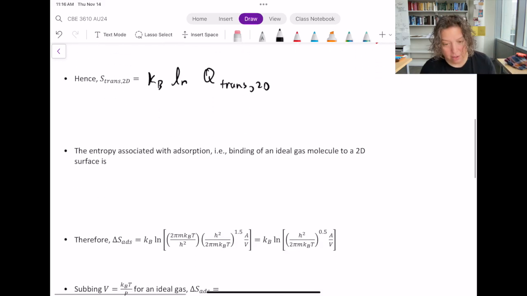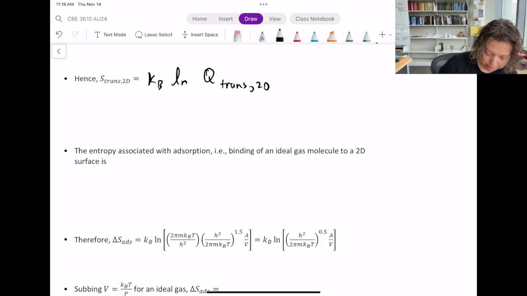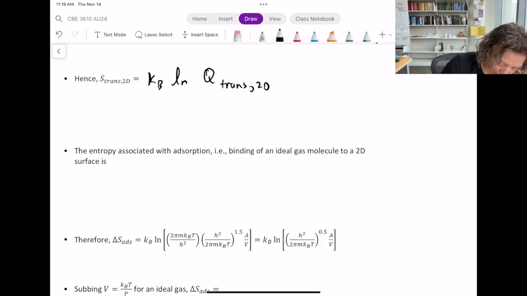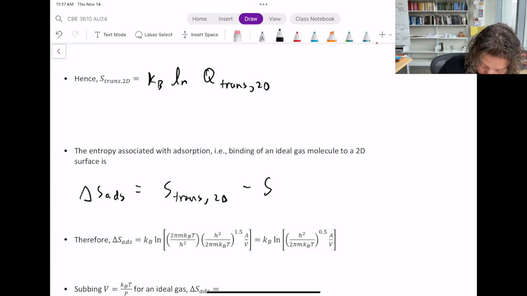The entropy associated with adsorption, so that's going to be binding of an ideal gas to a 2D surface, so that would say delta S ads is then going to be equal to S trans 2D, so translational in 2D minus translational in 3D, and that's because